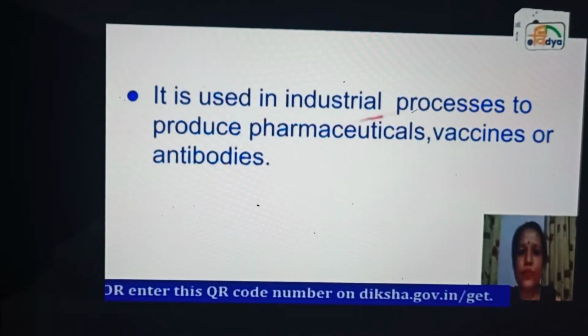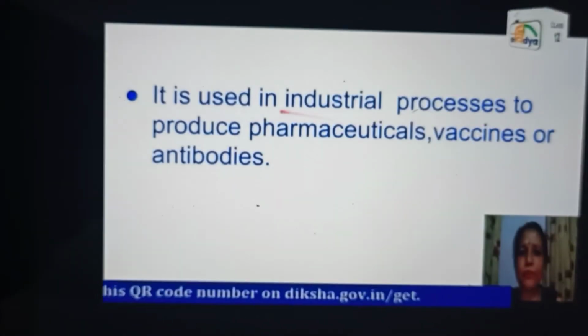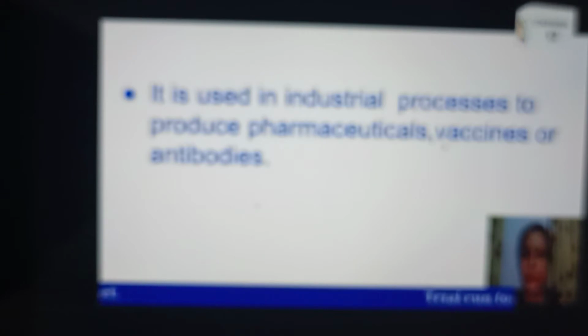Bioreactors are used for industrial processes. We can obtain several types of industrial products from here. We can also obtain pharmaceuticals; pharmaceuticals can be produced by the bioreactors. We can produce vaccines or antibodies. In bioreactors, raw materials, what we have added, are biologically converted with the help of microorganisms into specific products.